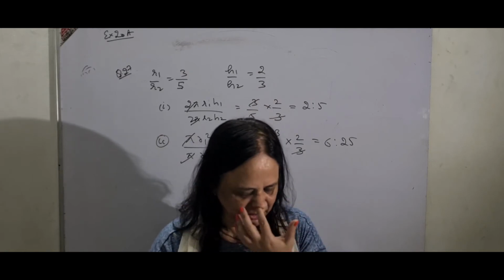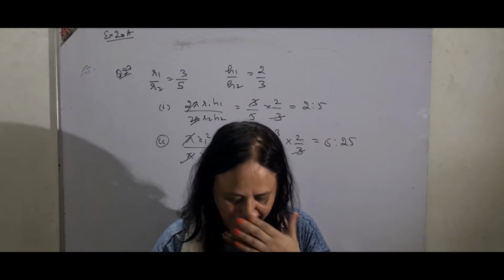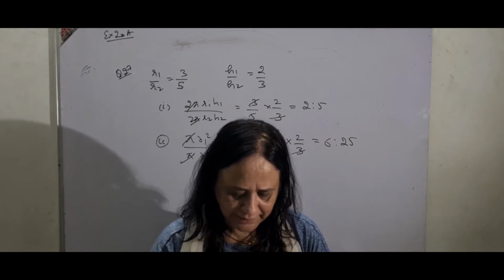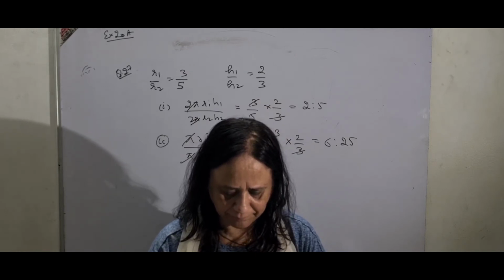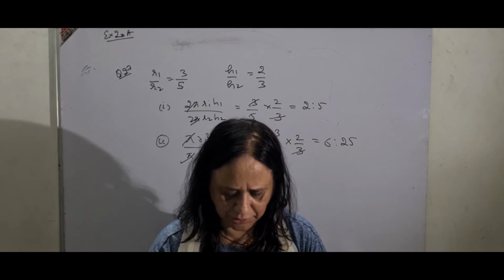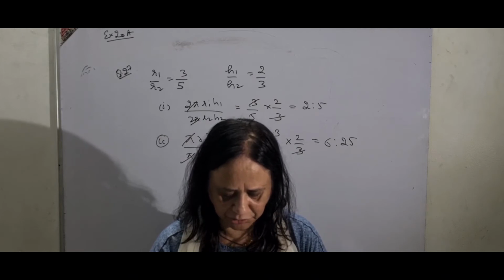Then comes question number 28. It's very simple. It says that a closed cylindrical tank made of thin iron sheet has diameter 8.4 and height 5.4. How much metal sheet, to the nearest meter square, is used in making this tank, if 1 by 15 of the sheet was actually wasted in making the tank?